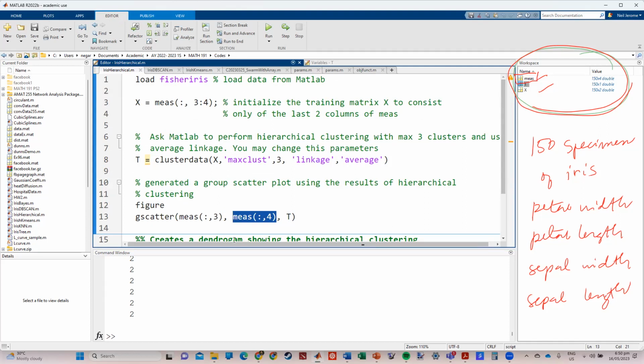Or I could have used column 1 and column 2 here. That's also fine. And then the third input would be the coloring. This will determine the color of the points in our scatter plot. Now, if I highlight this and press F9,